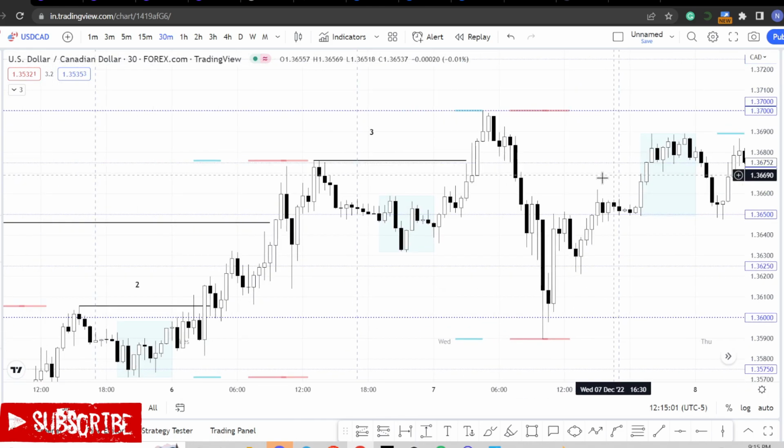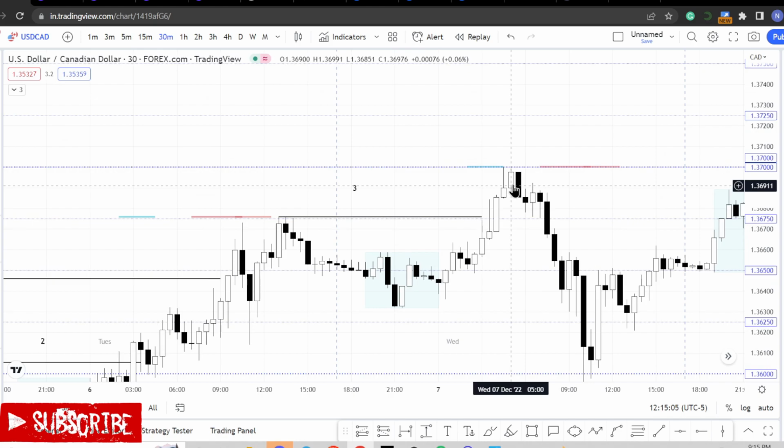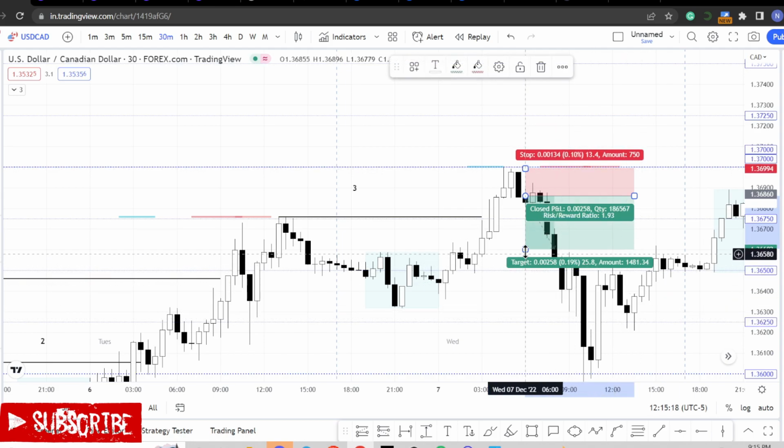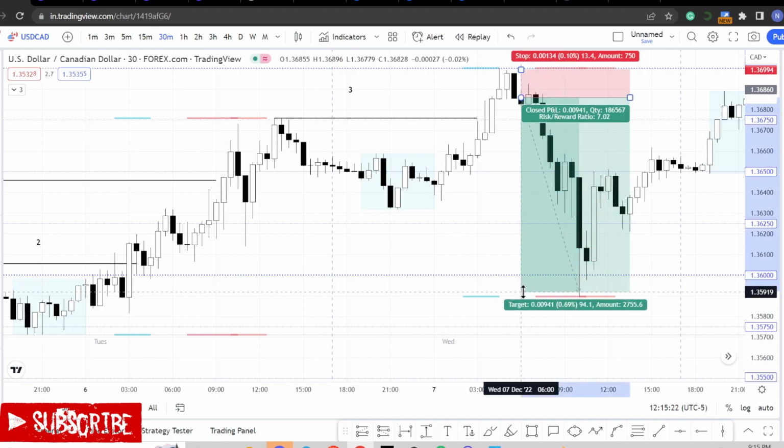Getting into the chart at New York session, this is what I saw. I saw all these candles. I saw a pin bar engulfment. Then I took my trade from here. It gave me a beautiful sell scenario from here like this. Here we go, and I took the trade, which was a beautiful trade.